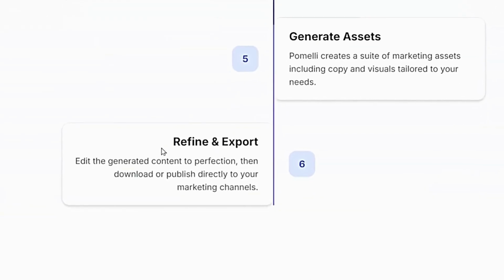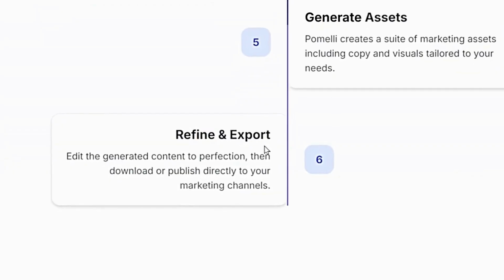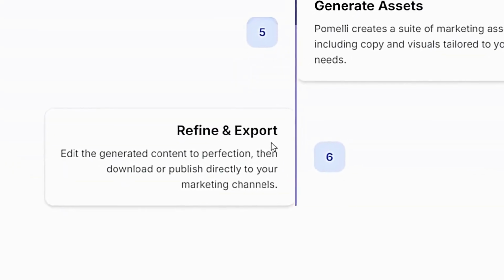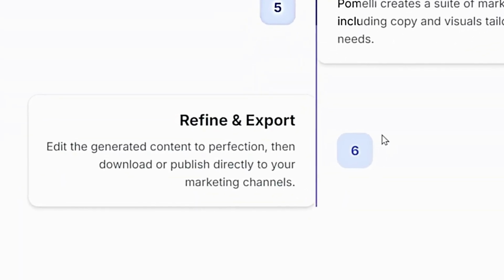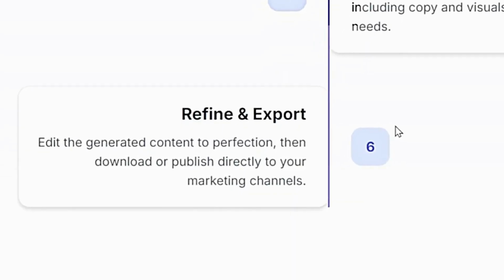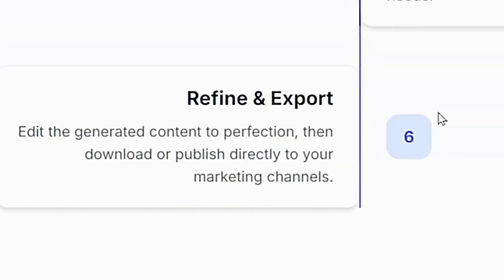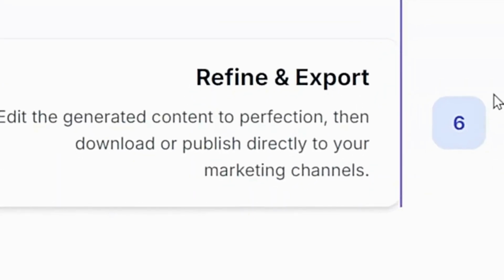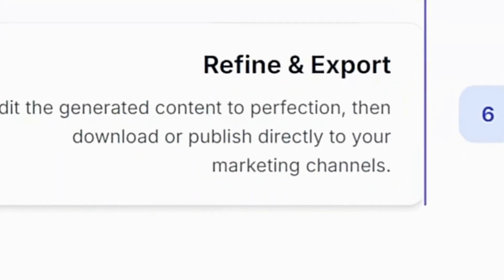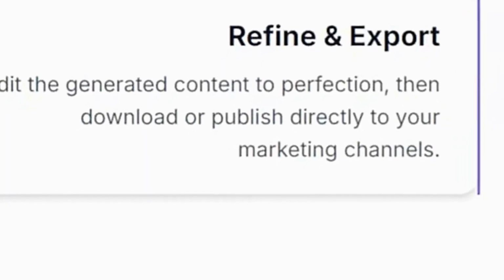And those assets, you can refine and export in the right format for what you want to do. This is a big advantage, since using Canva, you sometimes have a little bit of difficulty if you want to do, for instance, Instagram Reels, TikTok, and Shorts, putting your information in vertical position. So now, let's go and meet Pomeli.